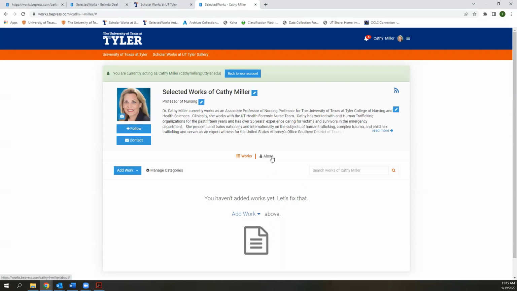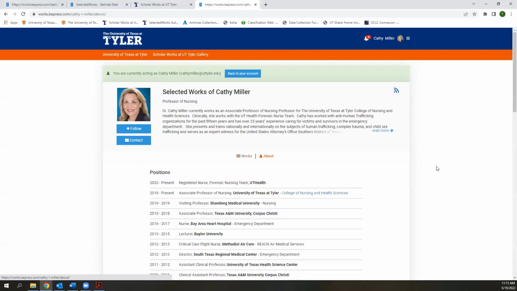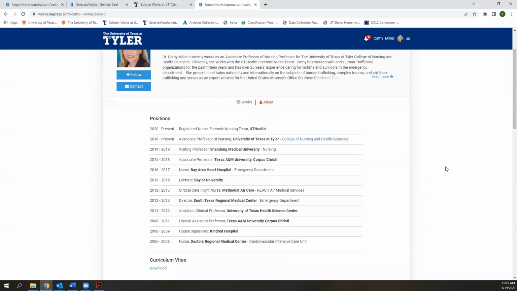I'm going to jump over to the About section here, and the majority of this is filled out, but I'll just show you the process of adding new things. And all of this is from Dr. Miller's Faculty 180 page. So when you have time to fill out your Faculty 180 page, you can also fill in information on your selected works page. So if you hover over a section, you'll see a little button that says Add. You'll see the pencil again to edit any positions you want to edit, and you'll see a check mark to